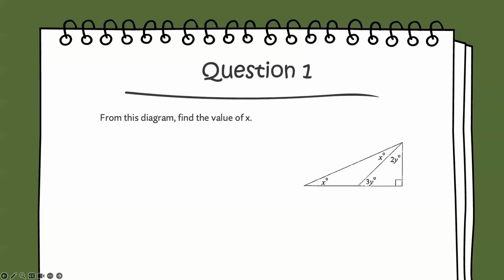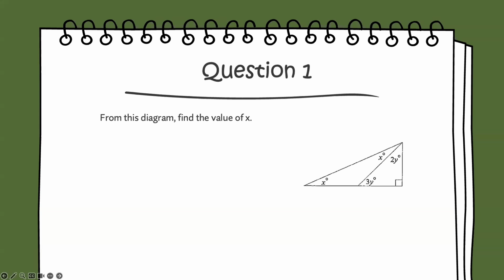So these are just some simpler trigonometric questions, and I'm just going to be looking at two questions here. Basically, it's involving finding unknown angles, but we're using the rule of the angle sum of a triangle, which is 180 degrees. We're using that rule, and then we're also using our knowledge that we have on